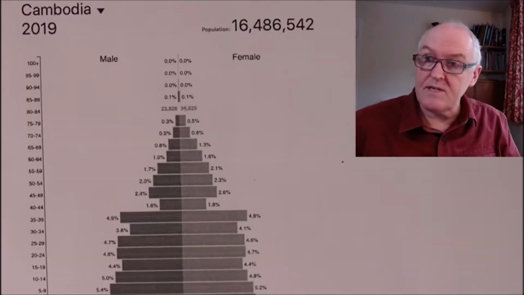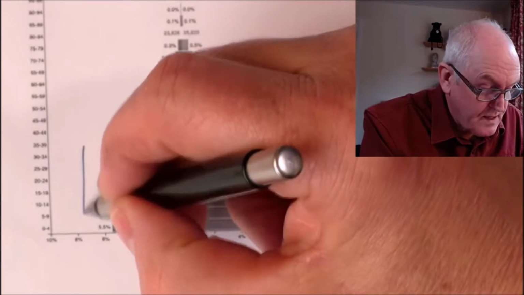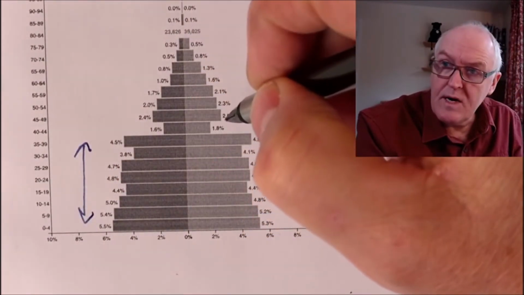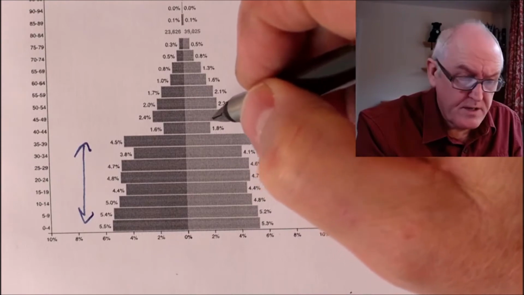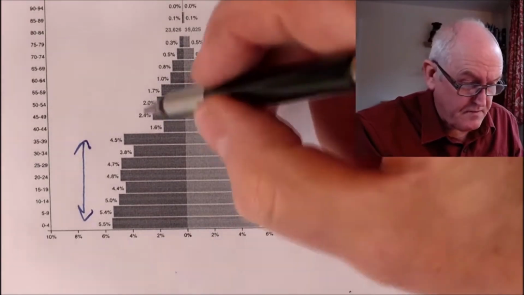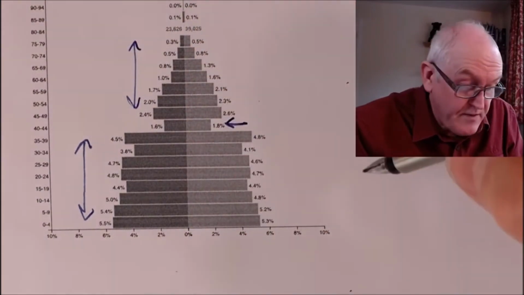Cambodia, a country I've worked in myself. What we see is up to the age of about 40, fairly high population, then quite low here. So why is it there's so many people in the 40 to 44 age group, so few people in this age group in Cambodia? Why are these figures low? These figures high? High birth rate, obviously, but if you remember your history,